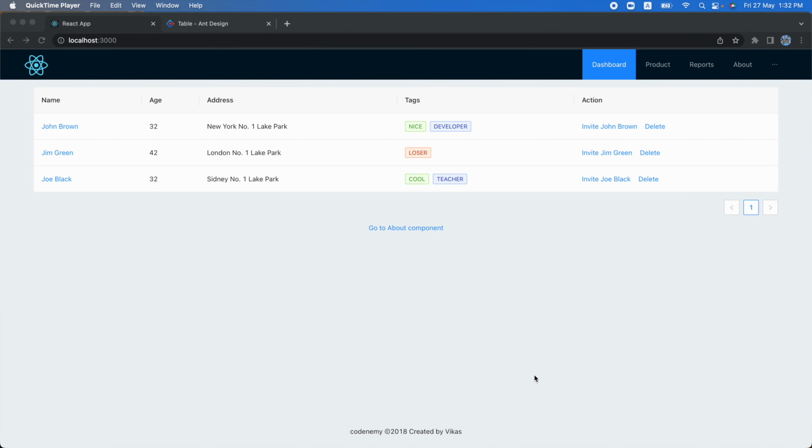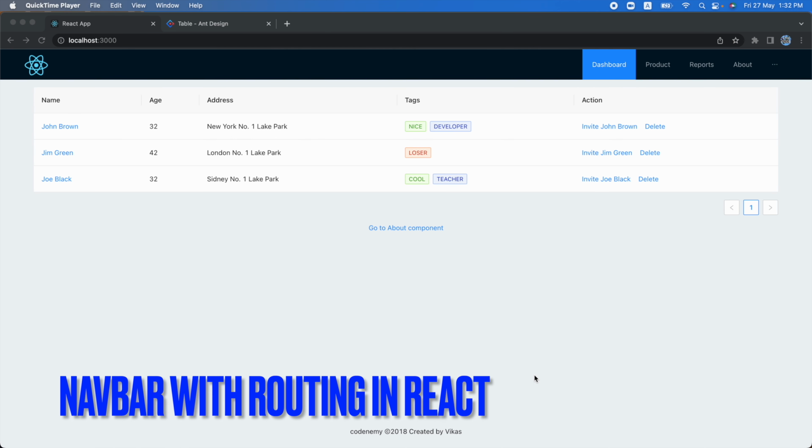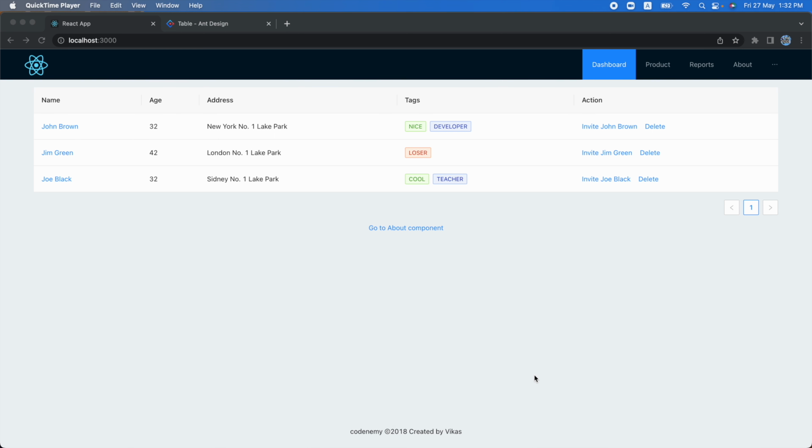In this video, I am going to show you how to create a navbar in React using routing. As you can see on your screen, I have a sample project. Here on the left side, I am rendering my logo, and here on the right, I have a couple of nav options. Basically this is a header component. Here on dashboard, I am rendering this component, and here I am rendering some of the user